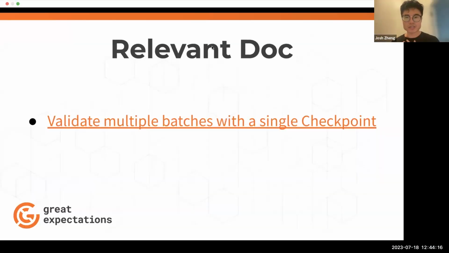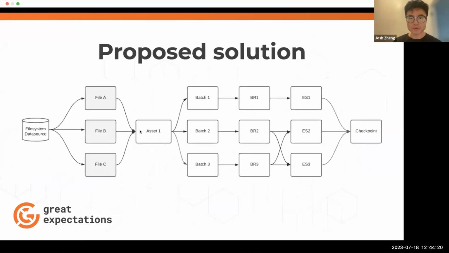Slide, maybe that can help people jog some memories or share some questions. What is this for? Do you see relevant docs? Is that what you see? Okay, cool. Yeah, so let me put the proposed solutions up here.